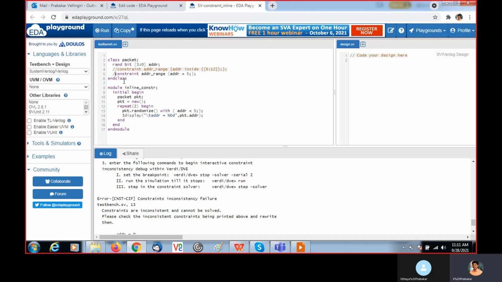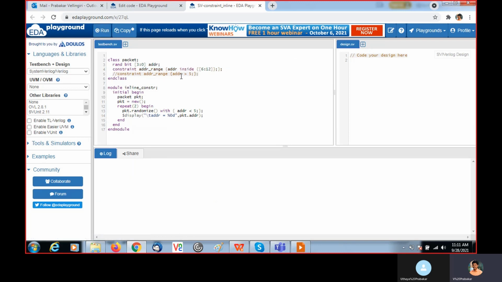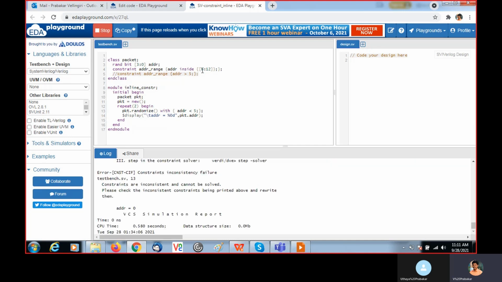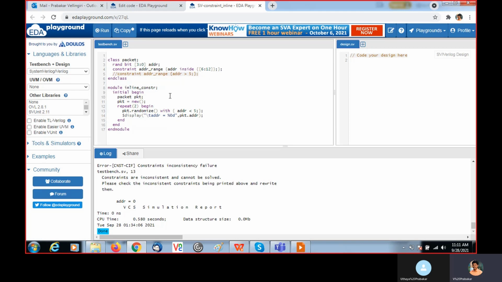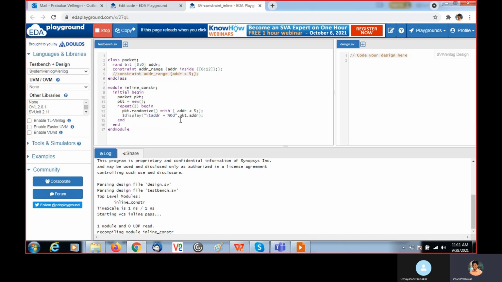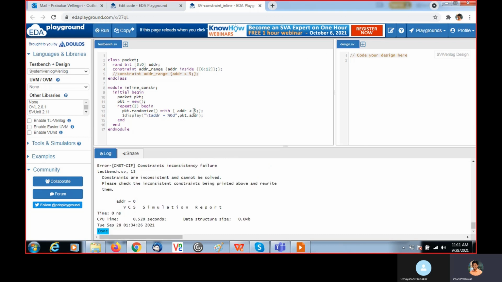See here, if I apply this constraint, both will be applied. The value should be chosen inside 6 to 12, but I am mentioning less than 5. If I take greater than 5, both constraints will be applied and you will get the value address inside 6 to 12.